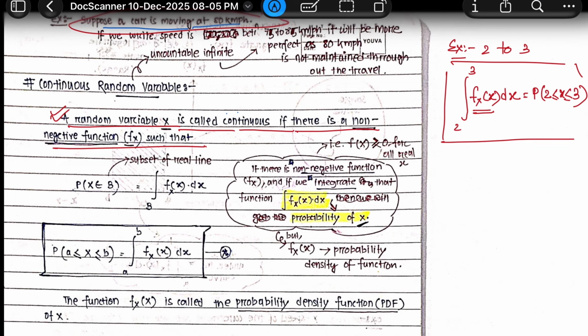So graphically, this will make you understand why this function must be non-negative, and this is a property that is also there, that the PDF must be non-negative. Then we will see what a PDF is. Okay, we're going to that one. So in this, if I change the color,